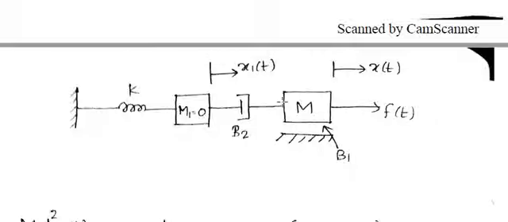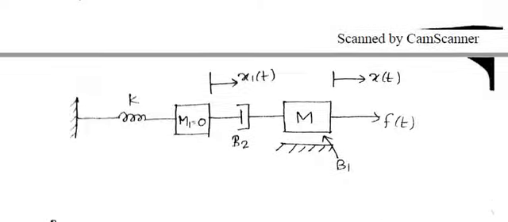So we already have a mass element with mass m in the given system. So the assumed mass is considered to be, say, m1. So along with m1 you have to keep in mind that this mass m1 is 0. Okay, so when you assume this particular mass element, you have to assume its displacement also. Already we have x of t over here, so the displacement of the assumed mass element is x1 of t. Okay,